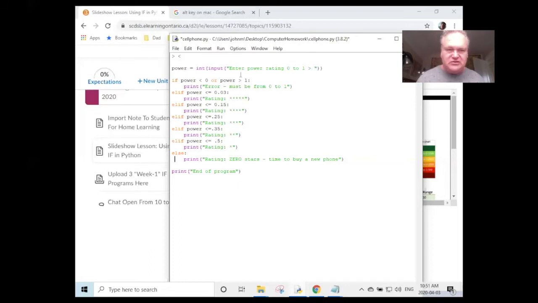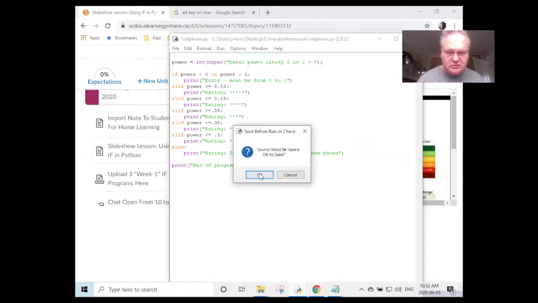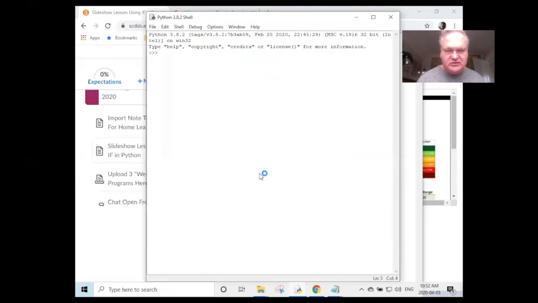All right. So I'm just going to get rid of this thing up here, and I'm just going to run this once and make sure that it works okay. And you can use this, of course, to complete this one assignment. And when you go to test it, guys, you should probably test it a couple of times just to make sure that you get all of the possible things. So if I say 0.15,